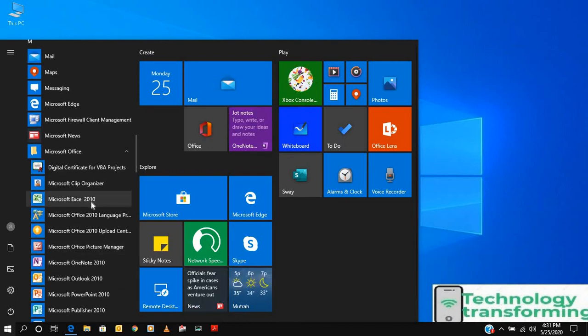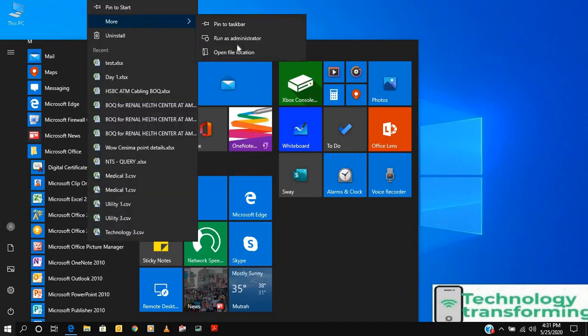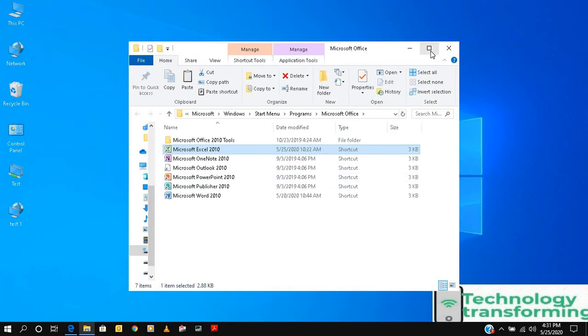Suppose you want to create it for Excel: right click here, then More, then Open file location. This open file location will take you to where the actual software is installed.